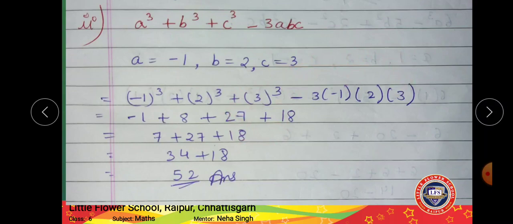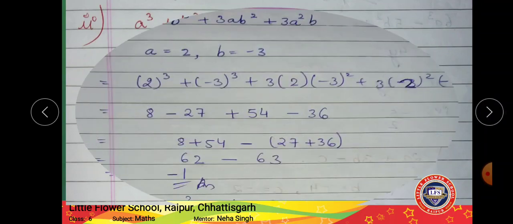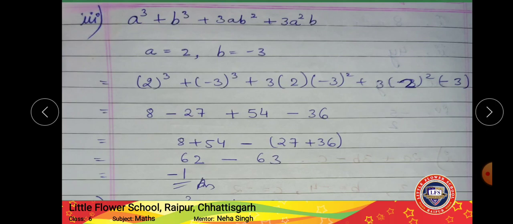Now again we'll solve the same sign first, or we can solve like this also, right? 8 minus 1 is 7, plus 27 plus 18. We will add all the three numbers, the answer is 52. So likewise we can solve the question, right? Evaluate means you need to put the given values in the equation or algebraic expression given, and find out a numeric value, find out the answer in numeric. Okay. See, similarly putting the values of a as 2 and b as minus 3, you can solve the questions further,